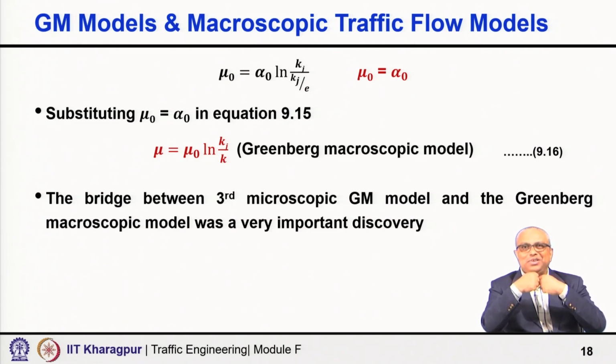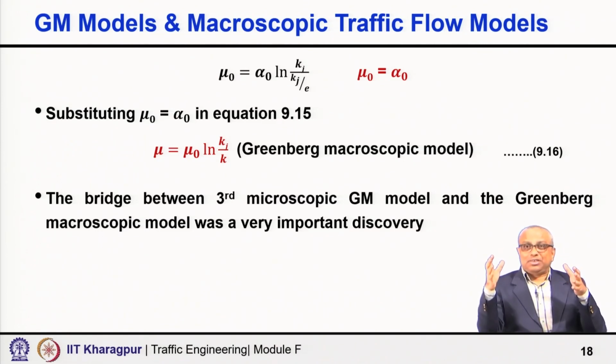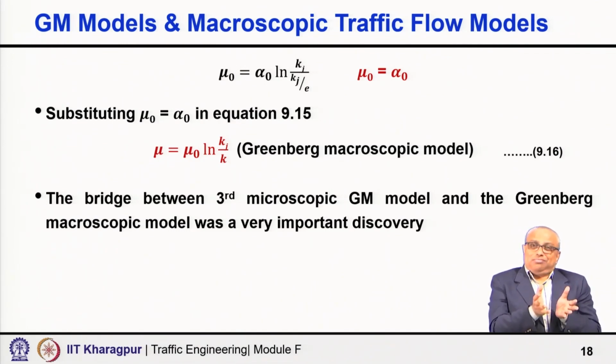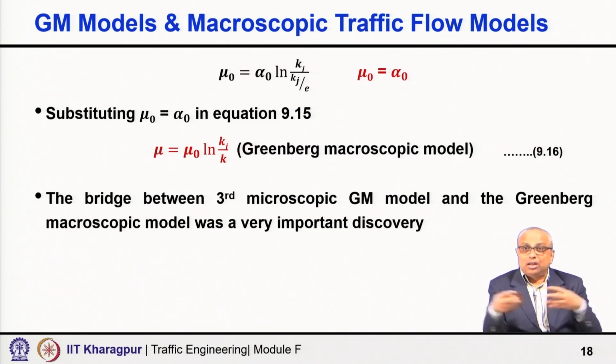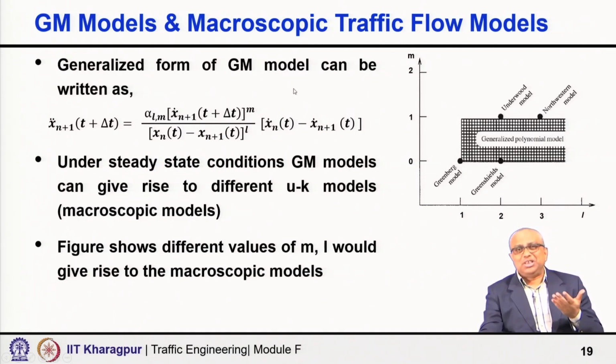Strong tie, and this is really an amazing and very important discovery, because you look at traffic with the help of microscopic parameters, and look at it with the help of macroscopic parameters, and there is a connection. So, that was established. In fact, the generalized GM model, which can be written as I have shown in terms of L and M,